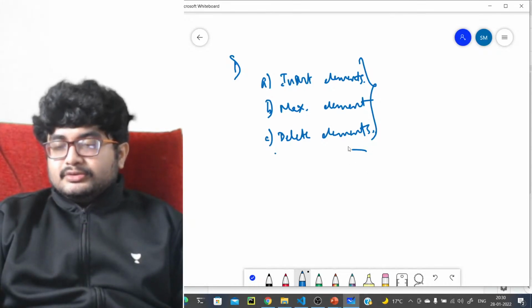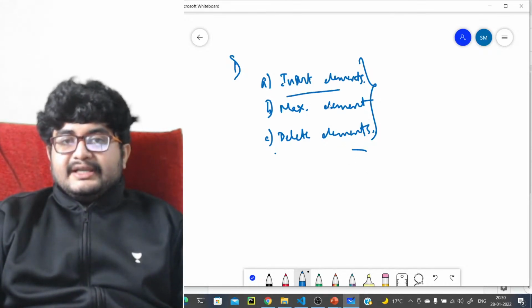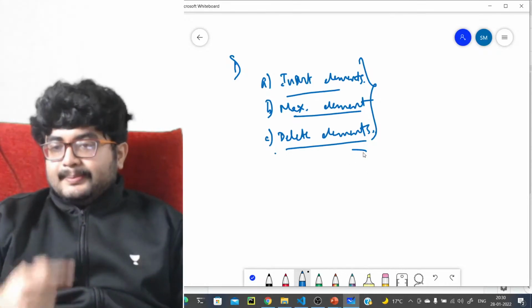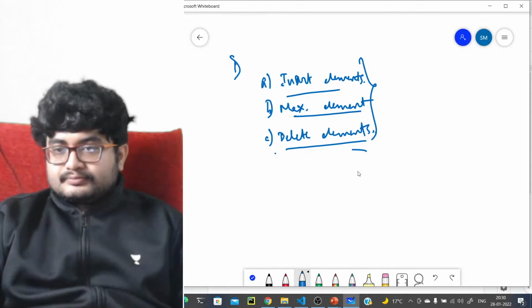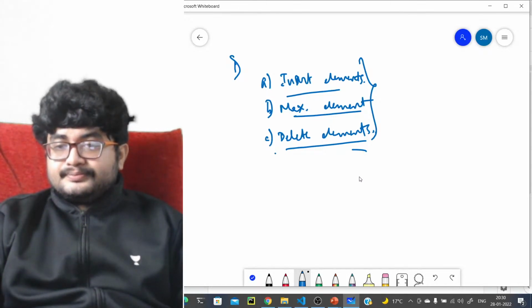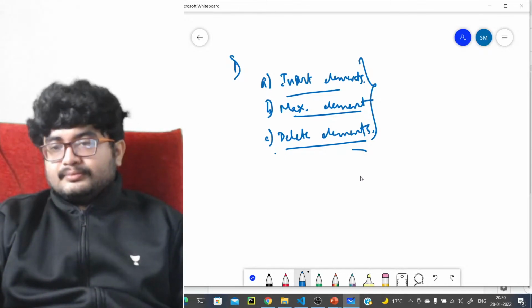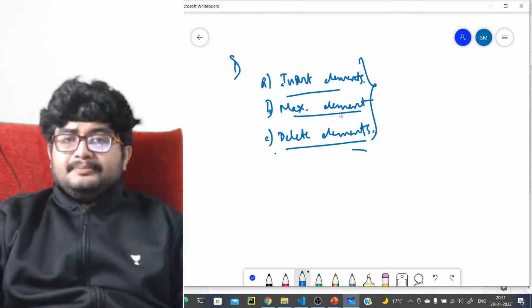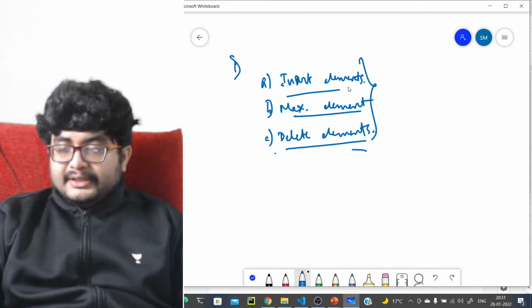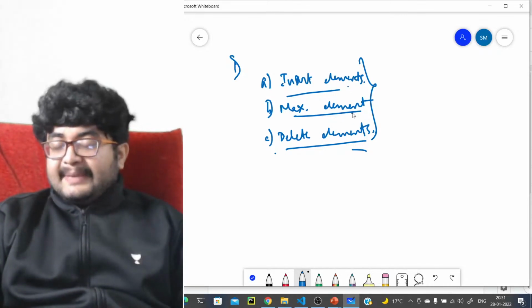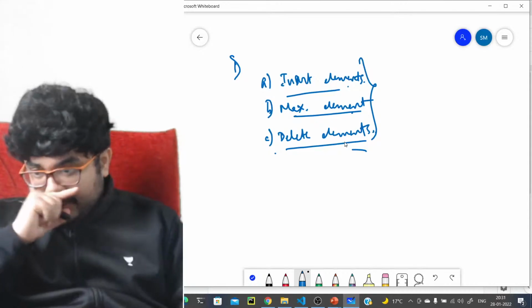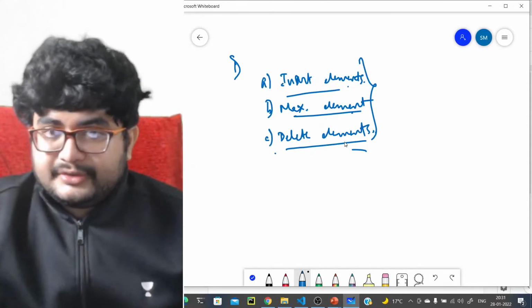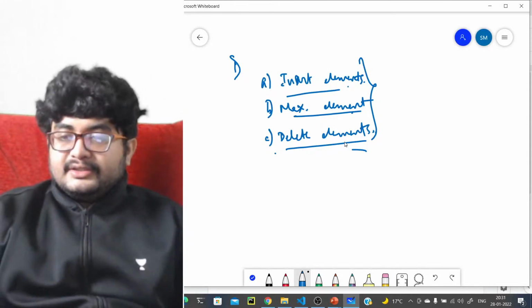What should you use? Anyone? You are inserting elements, finding the maximum element, and deleting elements. What should you use?